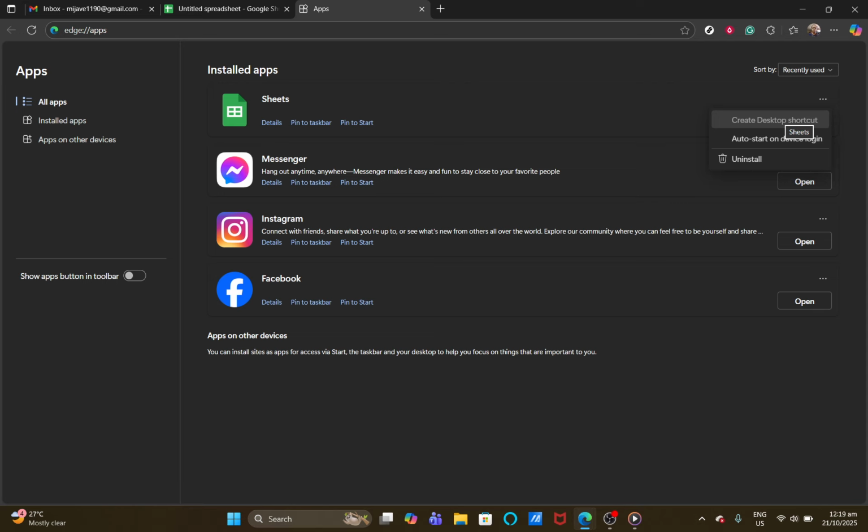Once you've located Google Sheets, look for those familiar three vertical dots in the corner of the Sheets icon. They're there for additional settings and functionalities. When you click on these dots next to Google Sheets, one of the options that will appear is Create a